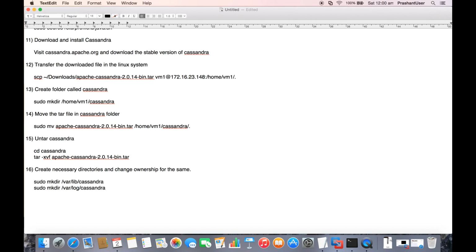So next to change the ownership, the command will be sudo chown -R $user:$group /var/lib/Cassandra. Similarly, the same command but for the log folder. So you need to change the ownerships also. Post the change of ownership, here I will say /log/Cassandra. So once you do that, then I will say start Cassandra